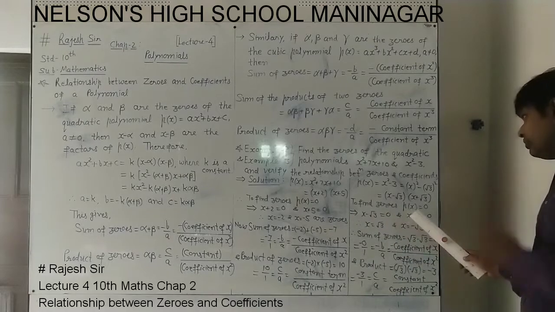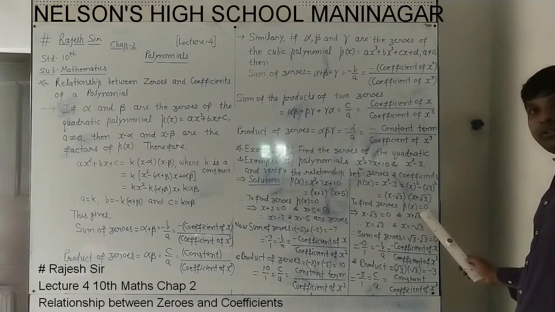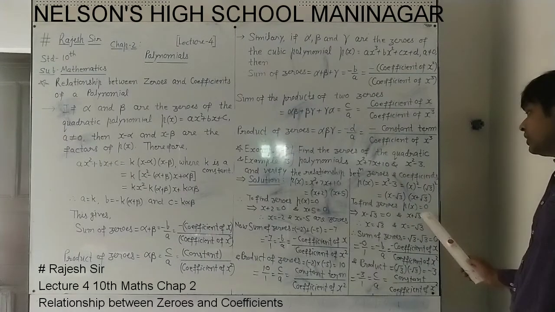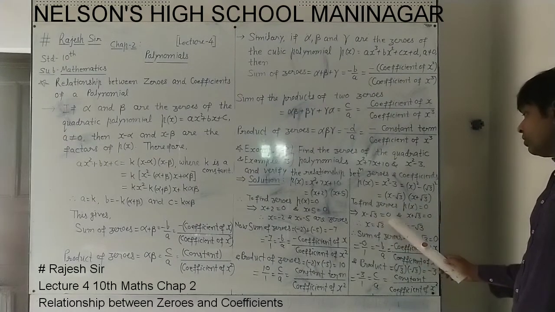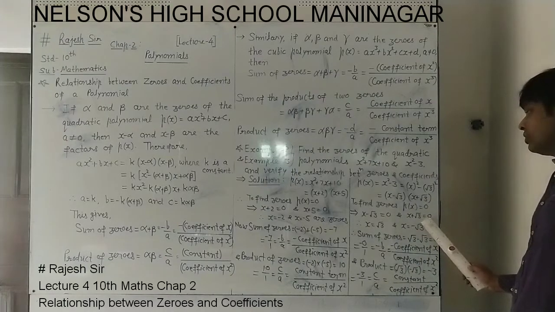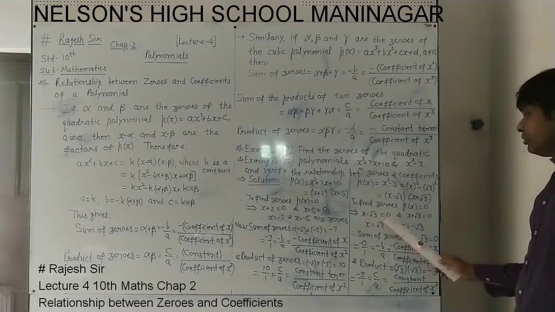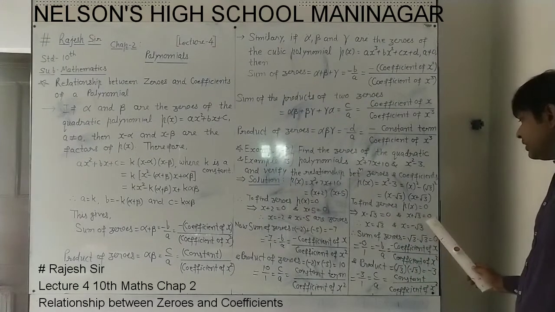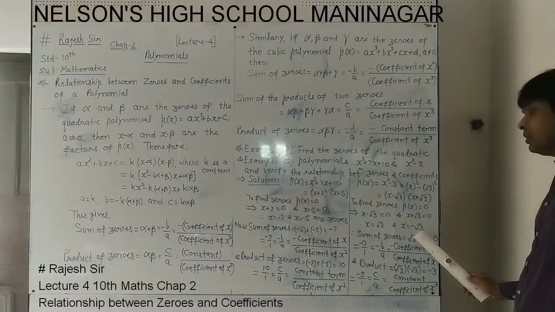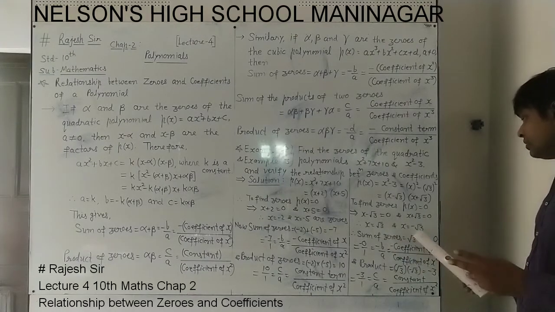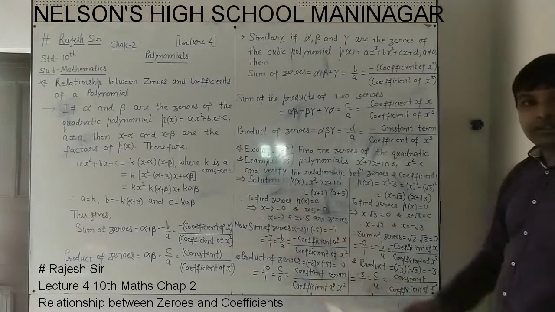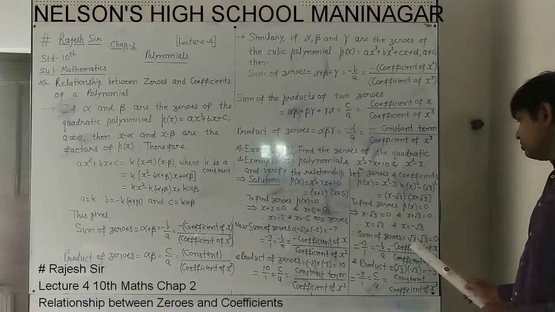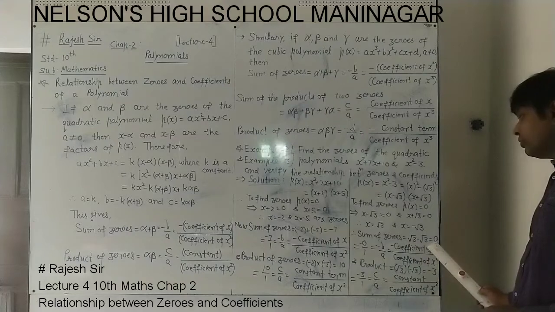Now again, to find the zeros we take p(x) equal to 0. If p(x) equals 0, that means x minus root 3 into x plus root 3 equals 0. That means x minus root 3 equals 0 and x plus root 3 also equals 0. From here, taking minus root 3 to the other side, plus root 3, so x equals root 3 we get. And here, taking plus root 3 to the other side, minus root 3, so x equals minus root 3 we get. So here we get two zeros, root 3 and minus root 3. Now we will check the sum and product. So the sum of zeros: root 3 plus minus root 3 is root 3 minus root 3, equal to 0 we are getting.